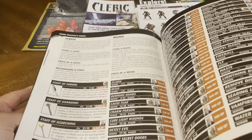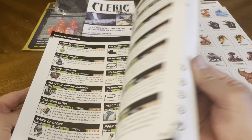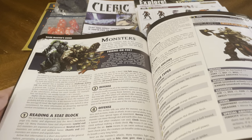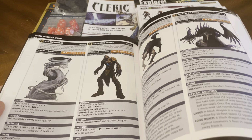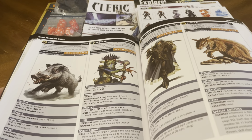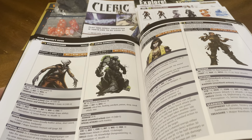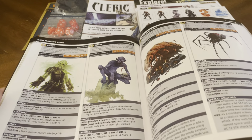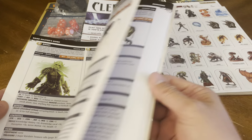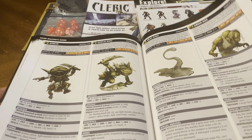Magic items, scrolls, staves, wands, different items you could come across, monsters, stats of monsters, how to read monster stat lines. You got orcs, you got air elementals, you got animated statues, barghest, black dragons, boars, boar guards, city guards, dire rats. You have a doppelganger, earth elementals, evil clerics, evil fighters, ghost, ghoul, giant centipede, giant spider, goblins, goblin boss. You have your gray ooze, your green hags,